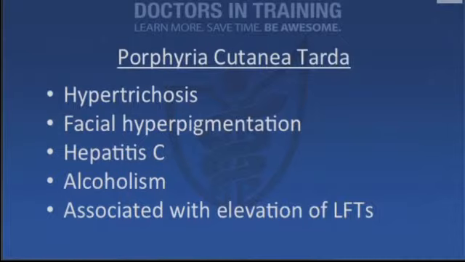And there's other unique things that also go with porphyria cutanea tarda that are worth writing in here. Hypertrichosis, so excessive hair growth, and facial hyperpigmentation. Hepatitis C is associated with porphyria cutanea tarda, as is alcoholism. And even though you may not have hepatitis C or alcoholism, porphyria cutanea tarda is nearly always associated with elevations of your LFTs like AST and ALT as well as GGT. So elevation of your LFTs, but it may also be associated with hepatitis C and alcoholism. So when I think of porphyria